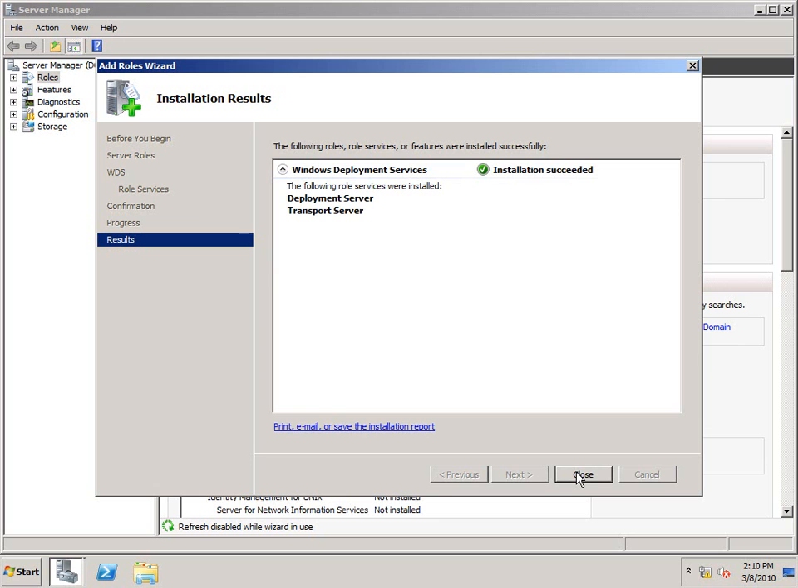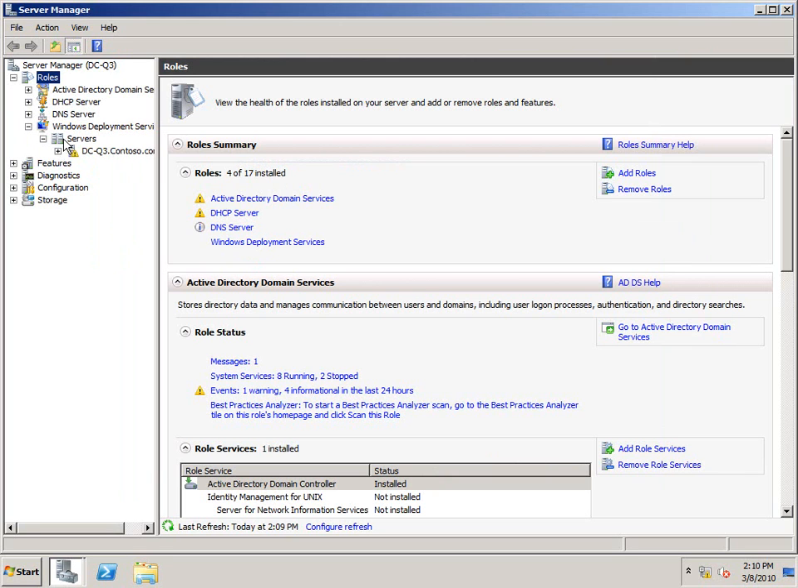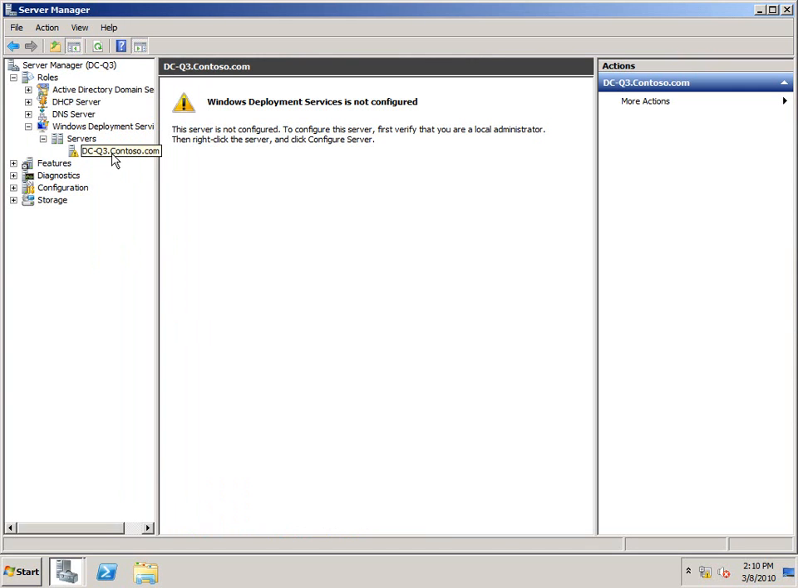Now, Windows Deployment Services is successfully installed. However, it's not yet configured. To configure it, I'm going to expand roles, expand Windows Deployment Service, expand servers, and I'll see the domain here. If I expand that, I notice there are no folders underneath, so it's not yet configured. If I right-click on the fully qualified domain name of the machine and select Configure Server,